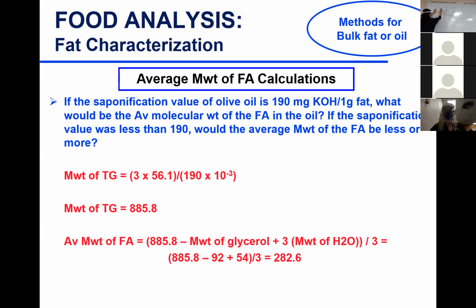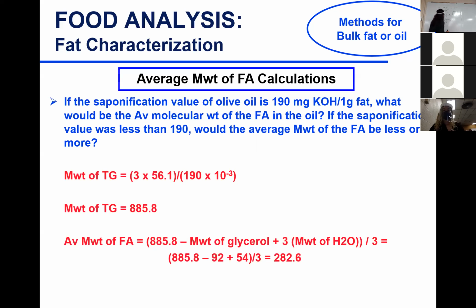If you're solving for x, basically 1 gram times 3 times 56.1 grams divided by 0.190 gives you the x. This is how I solve it. I know that some of you would solve it differently. You go x grams per mole for 1 gram of sample, and then you have